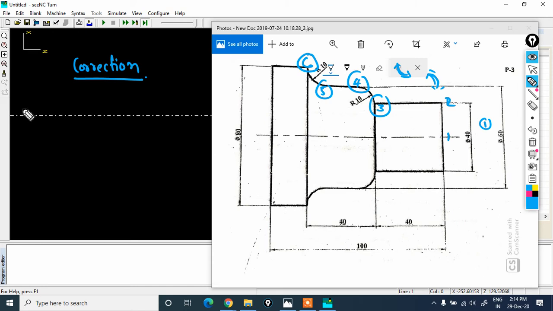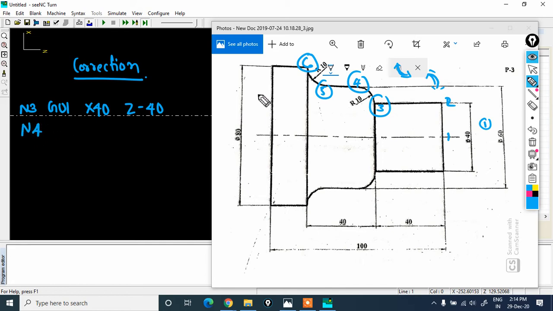I will write the third block, that is G01. X will be the diameter 40, and Z will be minus 40. And the next, N4.